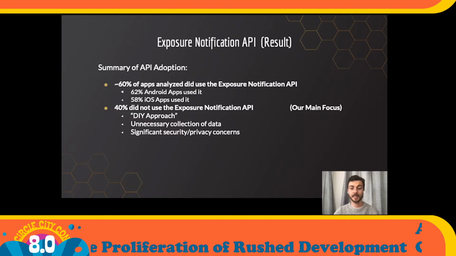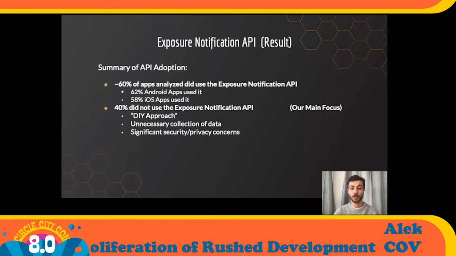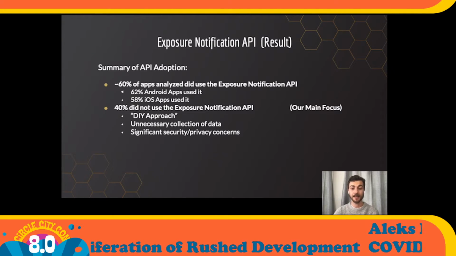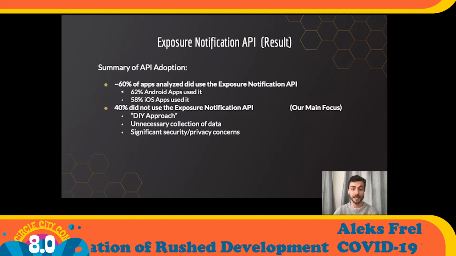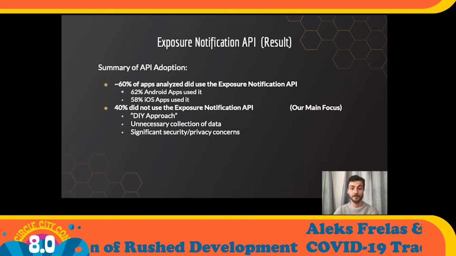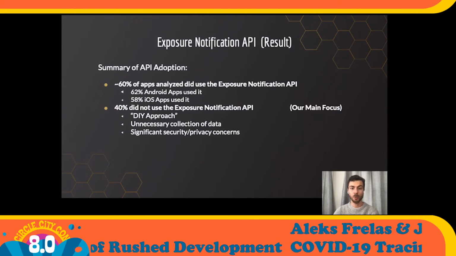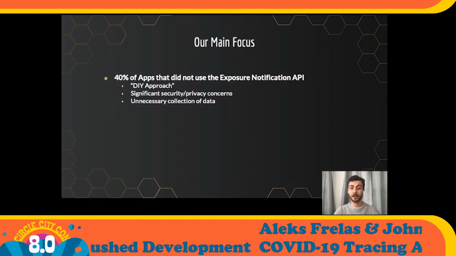Now, something that's very important to understand about all of the information and all of the data that we're going to discuss today is that we're not focusing on the 60% of applications which did in fact use the exposure notification API and therefore do have good security posture. We're focusing on the 40%, and that's really where we're going to zoom in to take a closer look